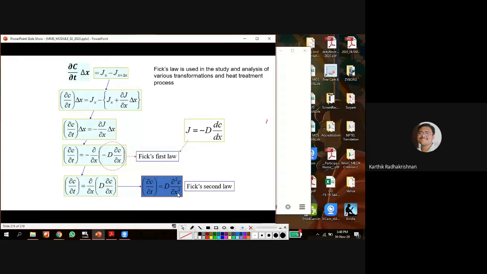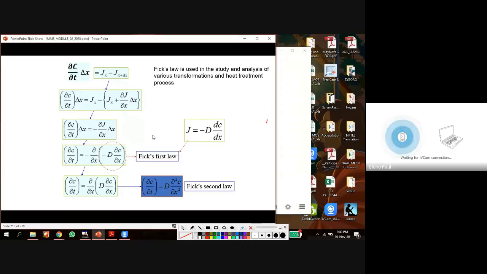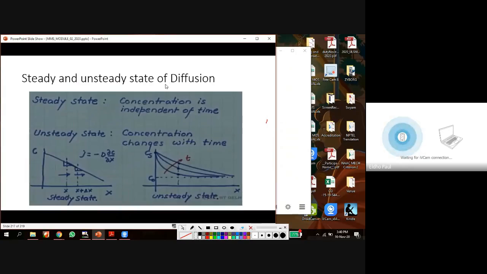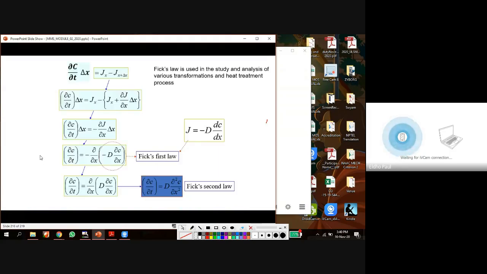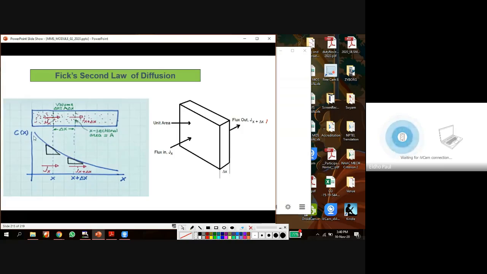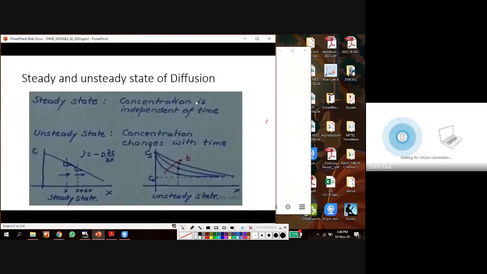Okay. Then steady and unsteady state of diffusion. Steady state diffusion means that the concentration is independent of time. Here when we plot the concentration with respect to x, that is the distance, for example in the previous case, this is the distance x. So this is the concentration with respect to x. When the concentration is independent of time, then we can say